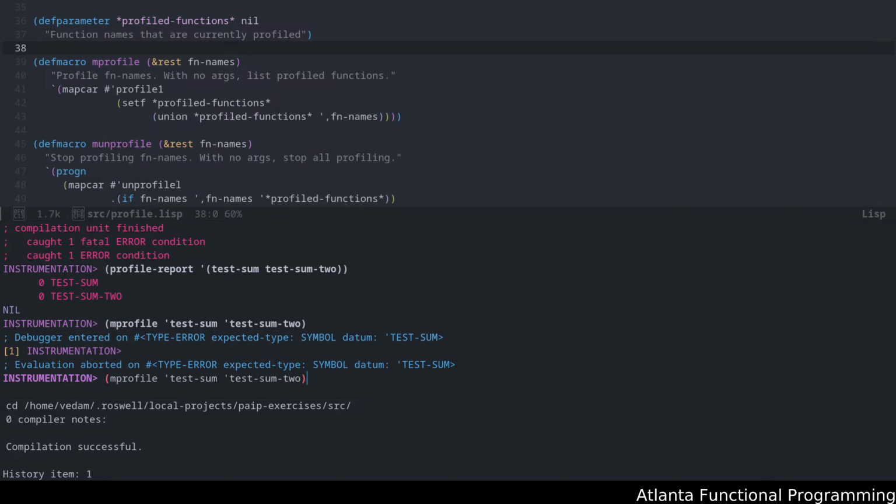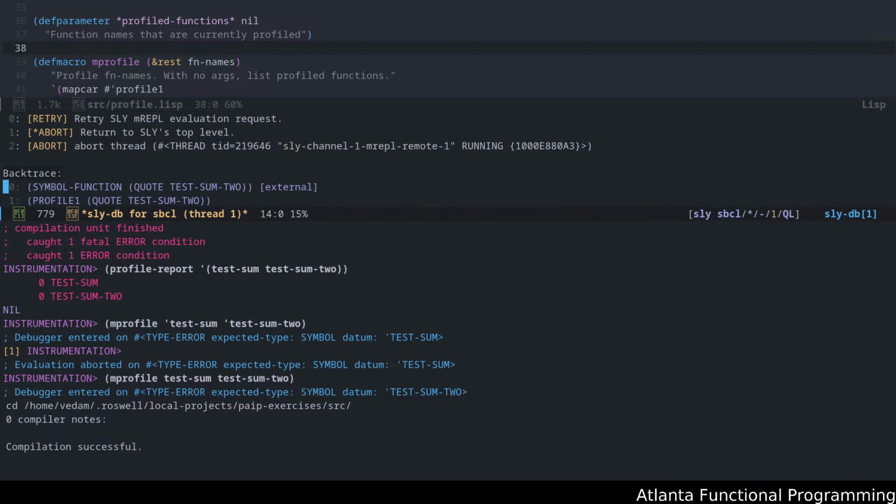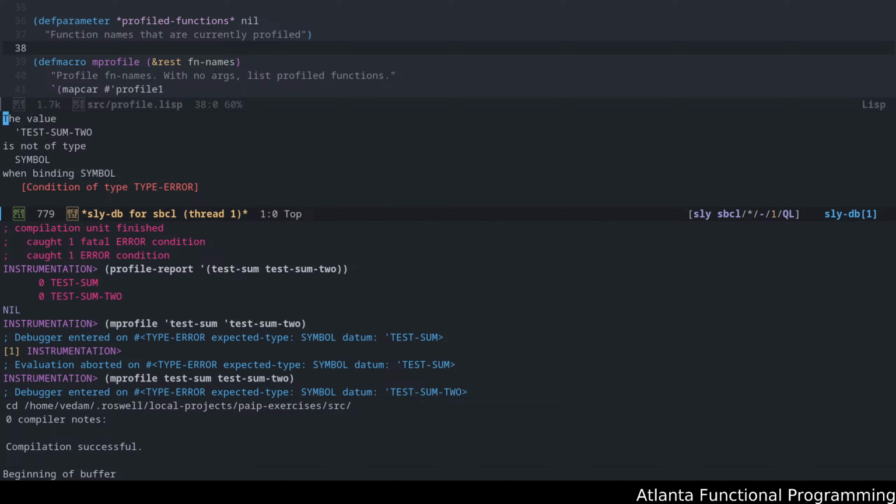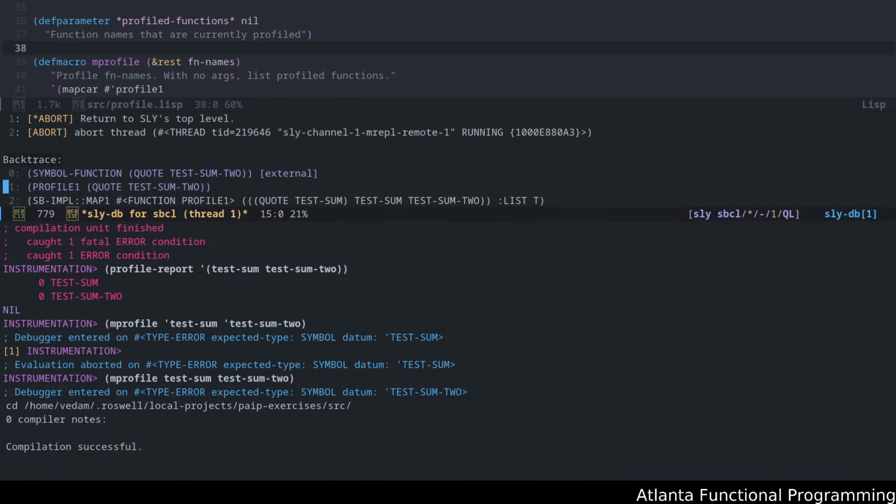I wasn't sure. Do I need to do what? Value test 2 is not a binding symbol. Hold on, let me go look at the code, because I'm messing something up here.